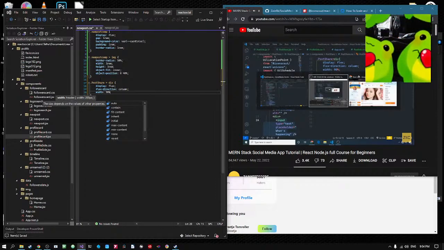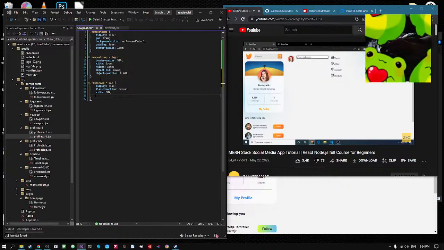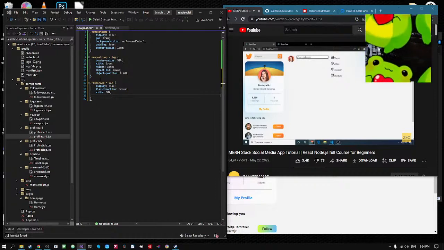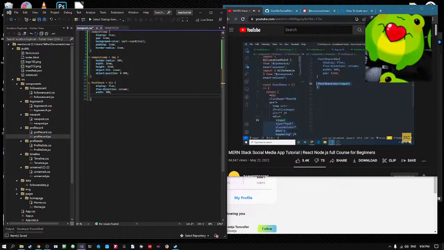Now let's save and see. Here you can see our input has a larger width than previous one. It's time to target this input. So here I am targeting